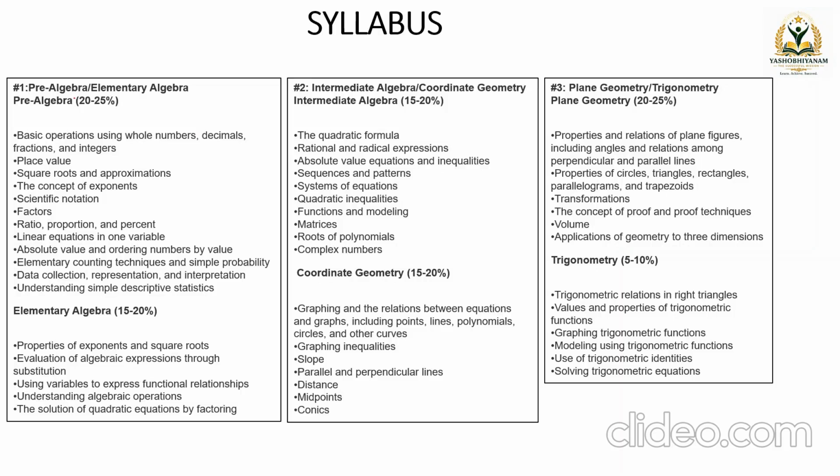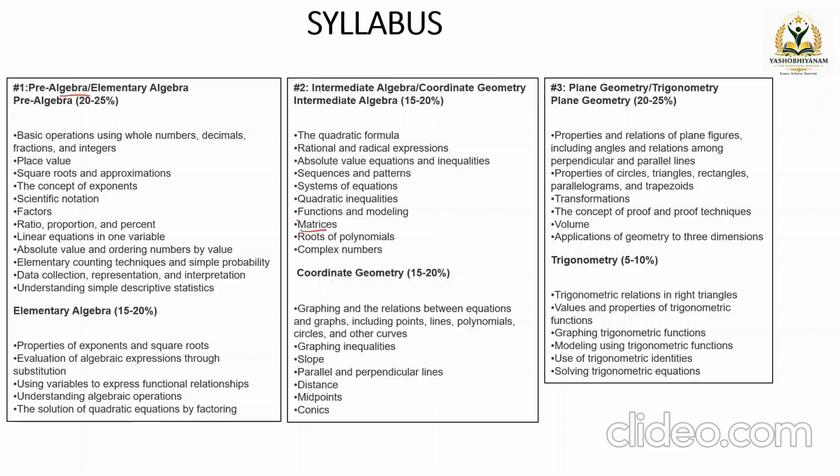Just a preview of what would be tested on the ACT math: pre-algebra or elementary algebra, which includes basic operations, ratio, proportions, factors, absolute values, data collections, and so on. Elementary algebra includes exponents, algebraic operations, and so on. Intermediate algebra, which includes quadratic formula, rational radical expressions, quadratic inequalities, polynomials, roots,